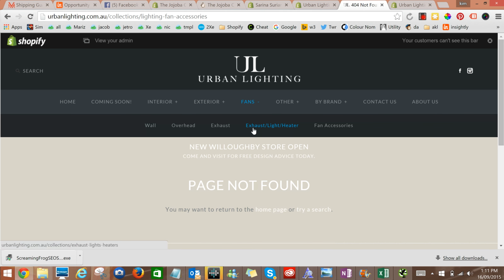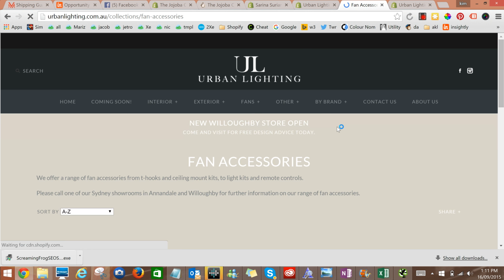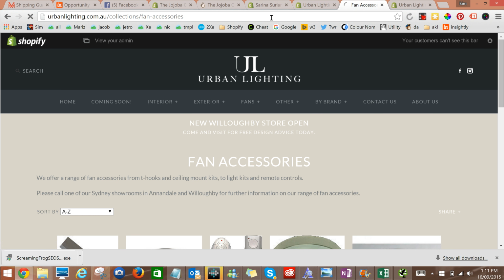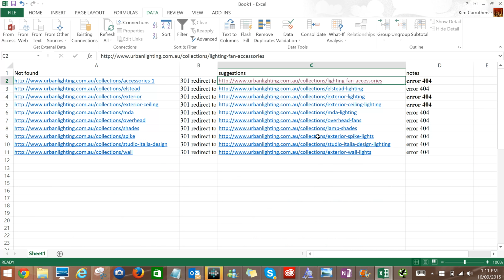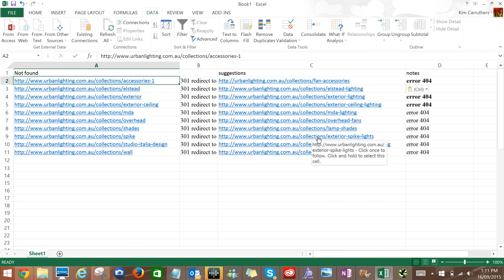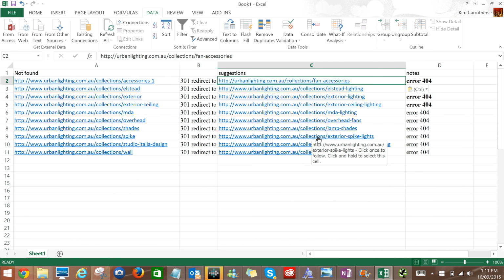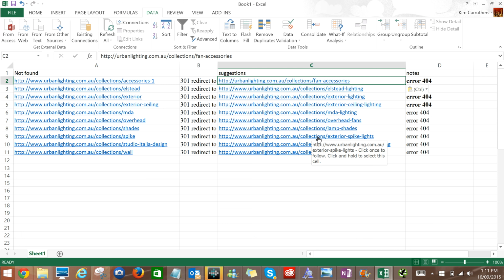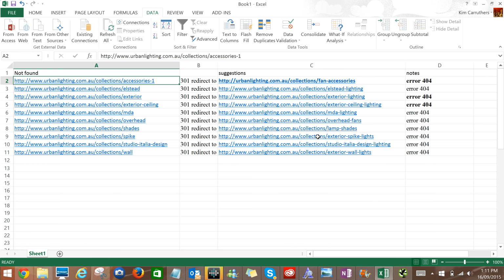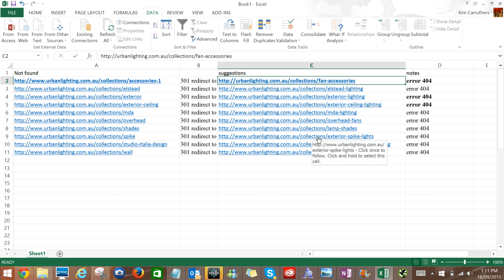So lightings, fans, accessories, perhaps there. And we'd grab that link because it's obviously a good link. You just need to figure out which is the most appropriate link for your situation and just go, okay, so I'm going to map this. I'm going to redirect this one here to that one there. And you'll do that for every one of the errors that you've been given by your SEO people or the reports you've run. So once you've got those values, the before value and the after value,